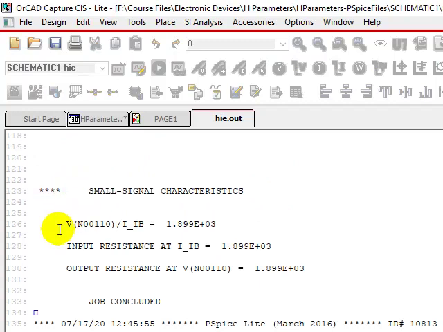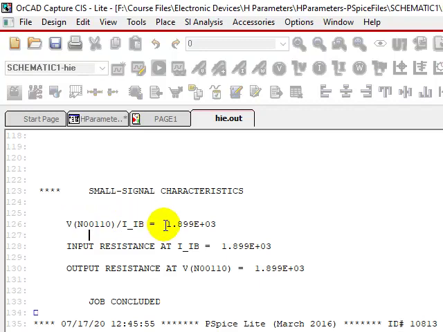In the small signal characteristics we have V. This is the internal representation for the base terminal node. V of base to emitter. Emitter is grounded because of this always voltages are measured with respect to emitter terminal. So it is voltage of base emitter terminal divided by change in input current.